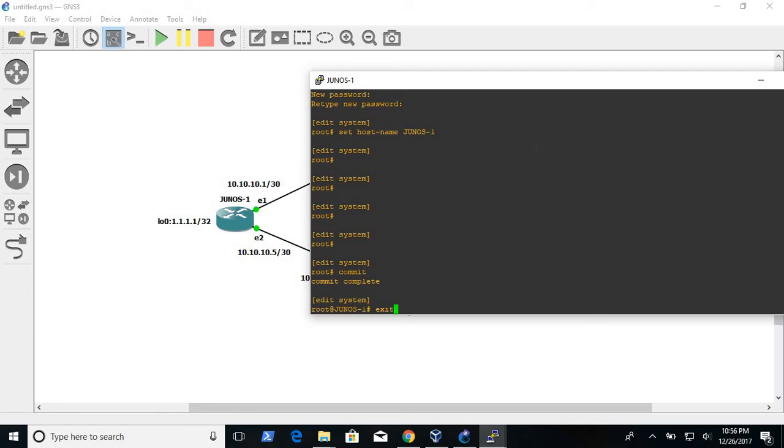Okay, let's exit from the system mode and go into the interface configuration mode, which we can do by issuing the edit interfaces command. Notice I can do command completion by tapping the space bar or the tab on your keyboard. So edit interfaces, I'm interested in EM1 unit 0,